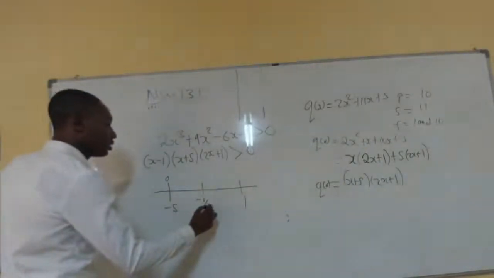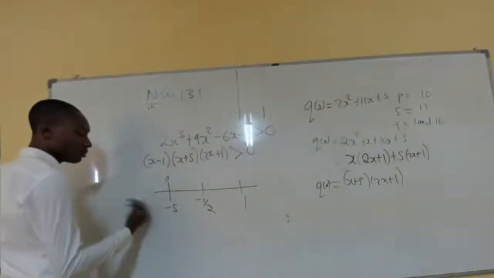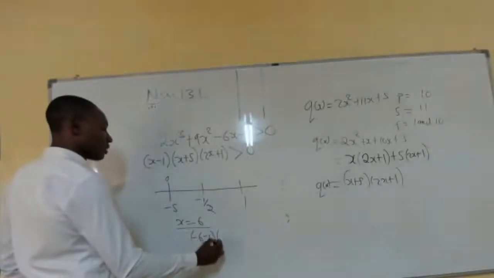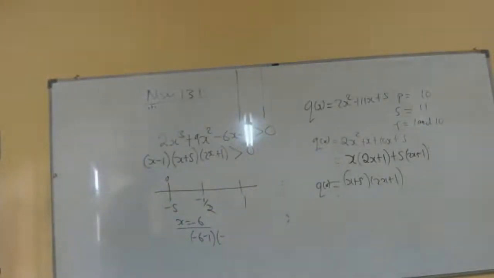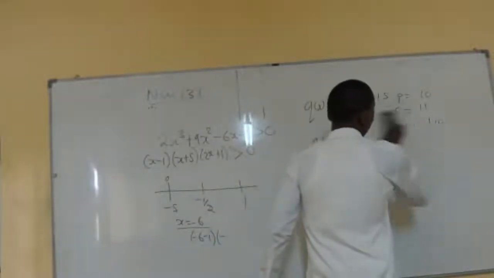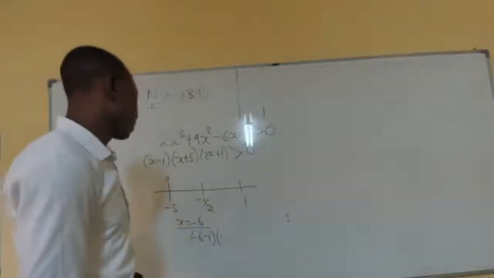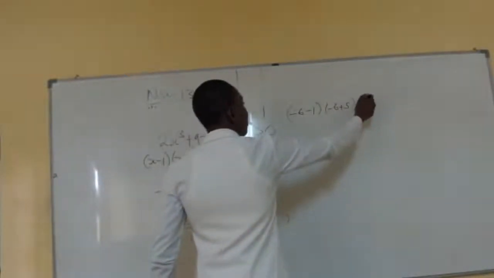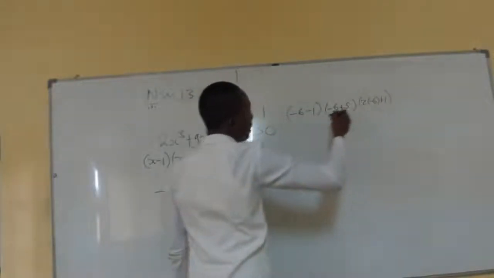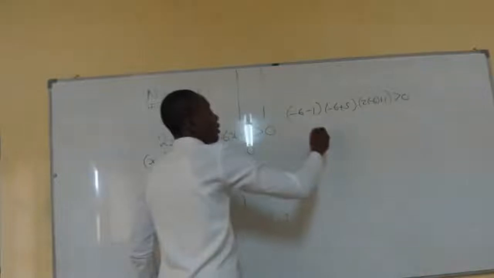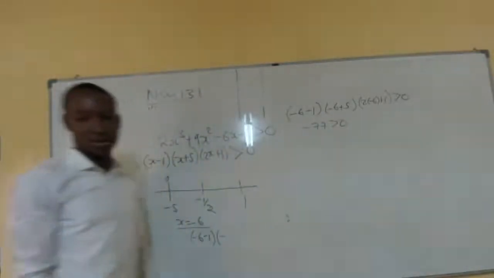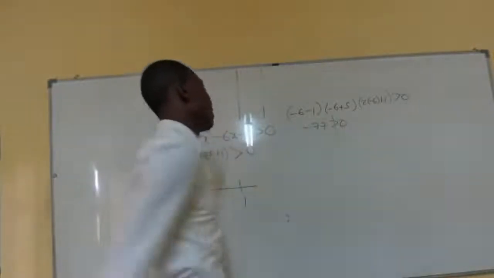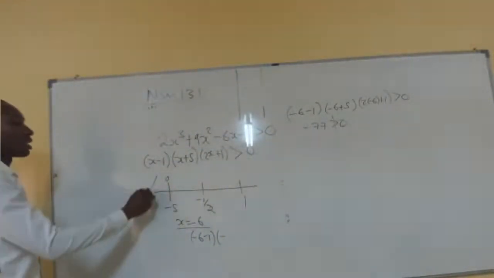If we pick negative 6, we have x equal to negative 6. So from here we have (negative 6 minus 1)(negative 6 plus 5)(2 times negative 6 plus 1), and this should be greater than 0. Your final answer will be negative 77. But is negative 77 greater than 0? No. So negative 77 is not greater than 0, meaning that this side is not part of the solutions